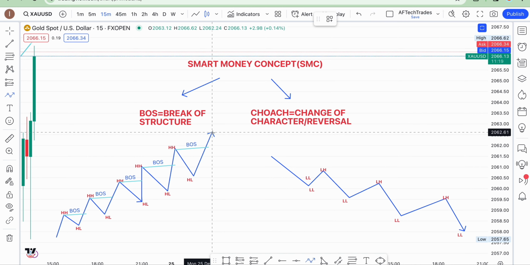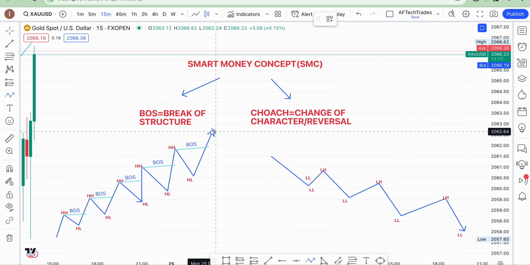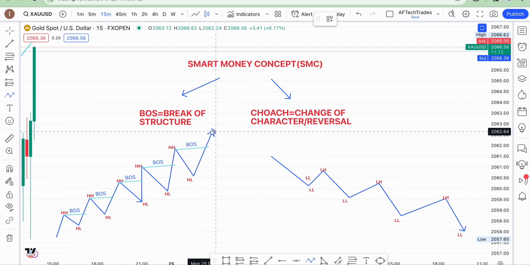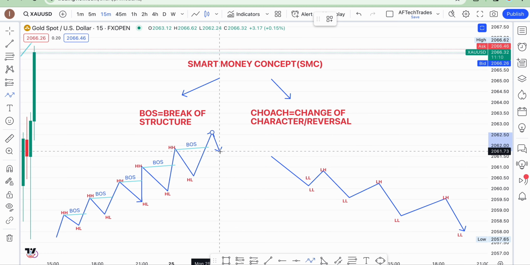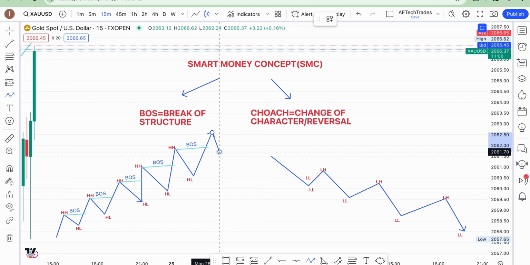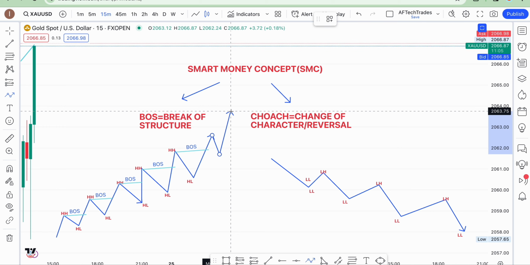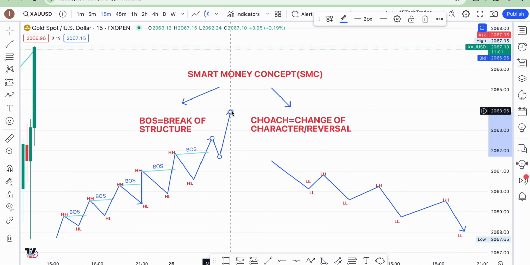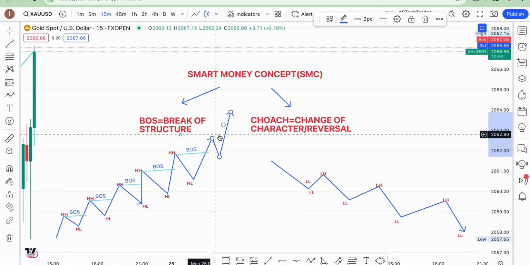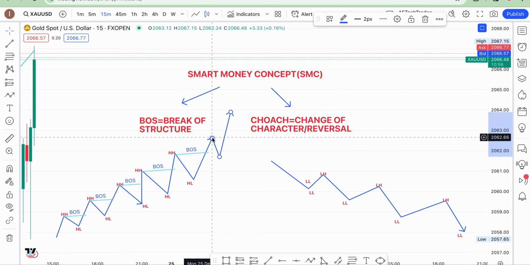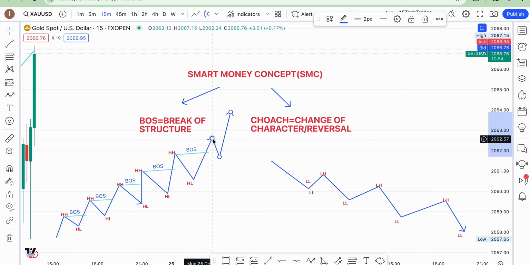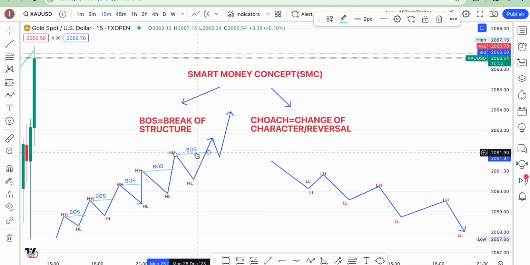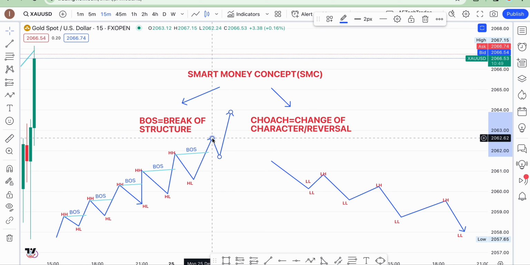Let's say it stops here, because it is already above our previous higher high. So it came back like this, right, and went above it again. So here we'll say there's a break of structure around this side. You see, around this side there's a break of structure. That is how to get to know your break of structure.